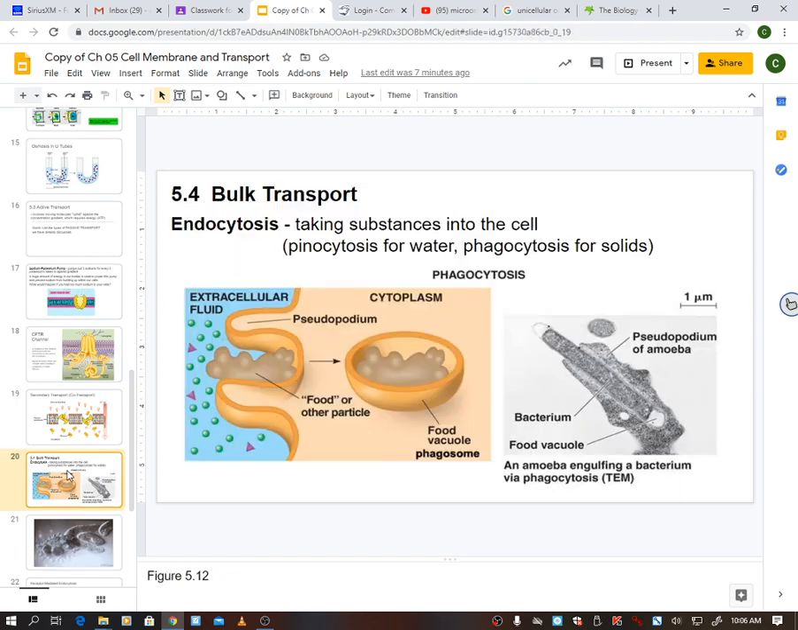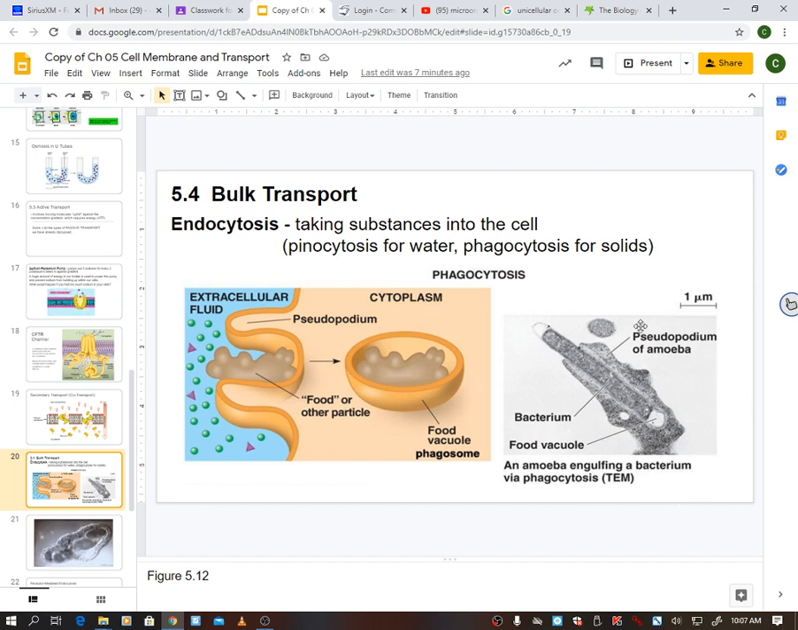The next one is bulk transport. And we have endocytosis, and we have something also called exocytosis. But endo means inside, it's coming into the cell. And now you can bring in food particles, which is called phagocytosis. Those are the solids that your cell brings in. Or if it's water that it's bringing into the cell, then it's pinocytosis. So it shows an example of this right here,